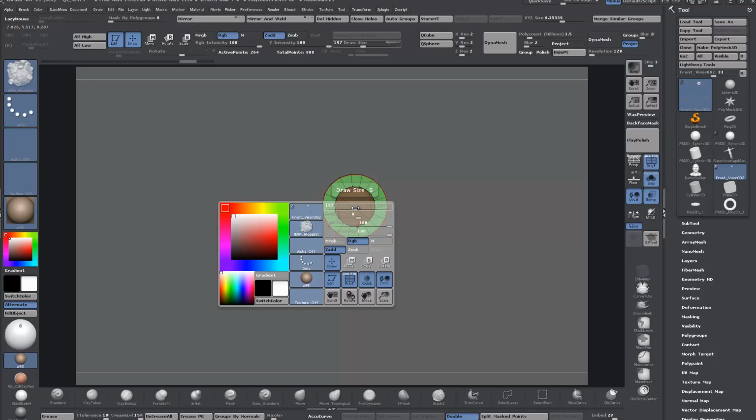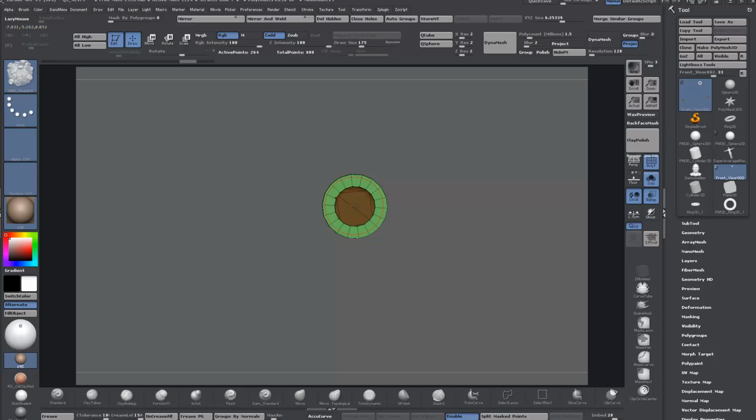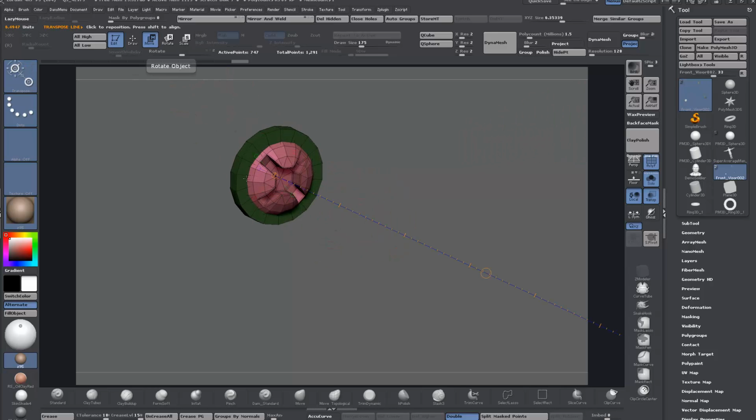Obviously you have to drop the brush size down just slightly smaller than the washer, and start dragging, and same here. And now I'll probably just grab the move transpose,